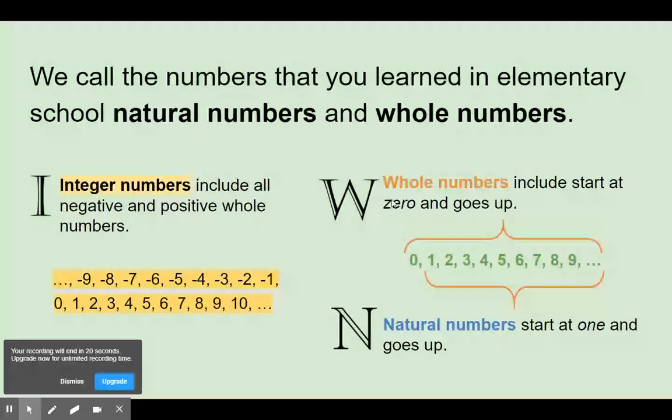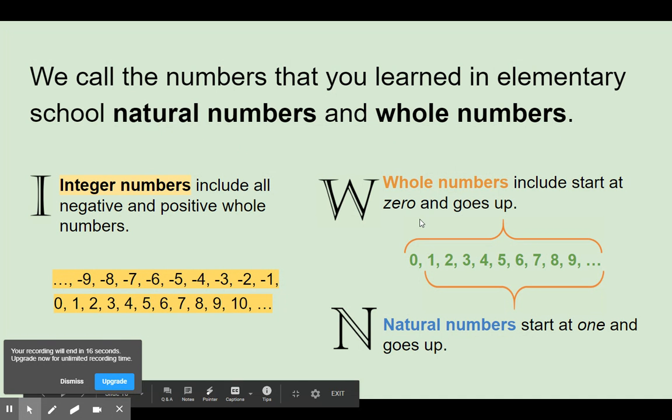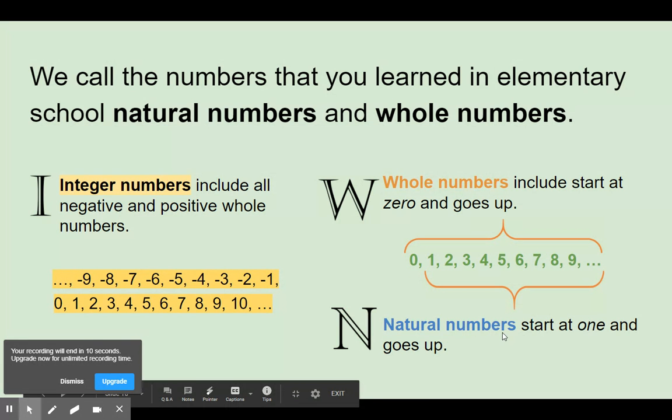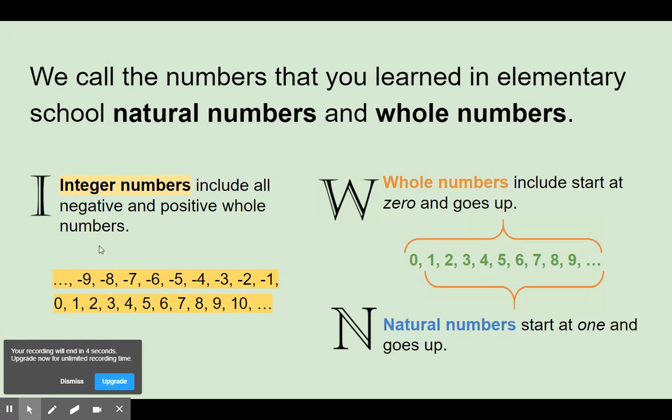So we call the numbers that you learned in elementary school natural numbers and whole numbers, all right? And it's on the right side here. It starts from 0 and it goes up. Whole numbers start from 0, and the natural numbers start from 1. Integers include all negative and positive whole numbers. So as long as it's a